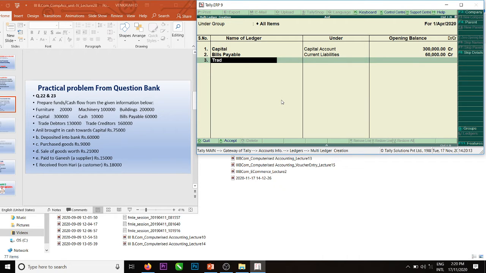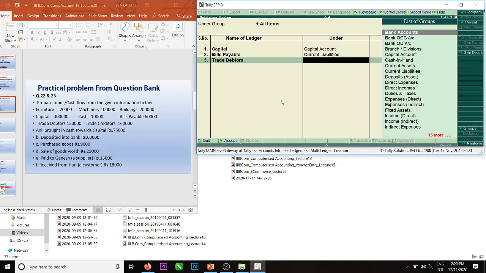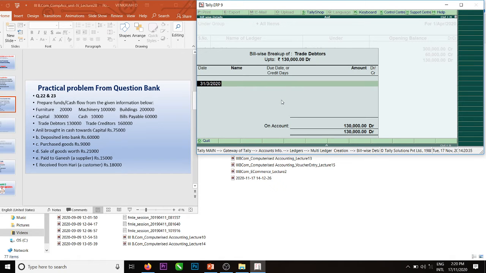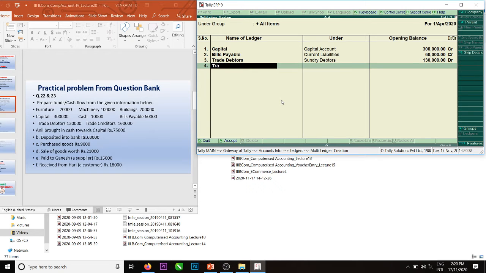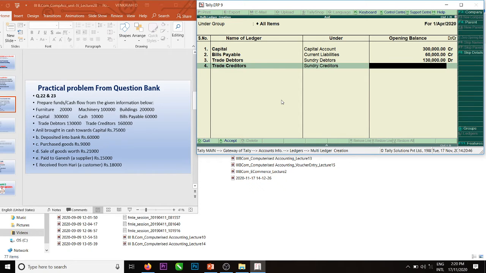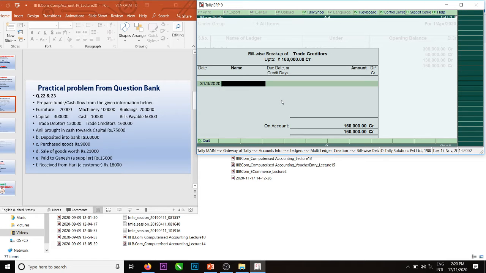Trade debtors, under sundry debtors. That's all.